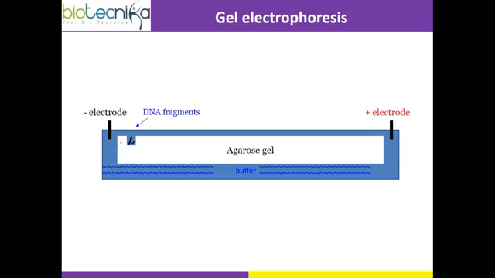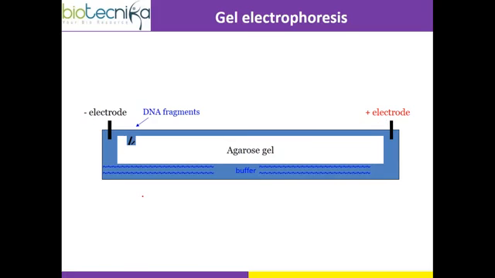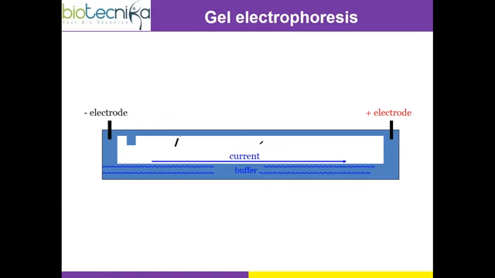The white color is your agarose gel. This is the well where they will add the sample. This is the negative electrode and then the positive electrode. And then this is the buffer, totally immersed. When they add the sample and connect it to the electric current, it separates. The larger fragments will always be near the well and the smallest will always be near the positive electrode.